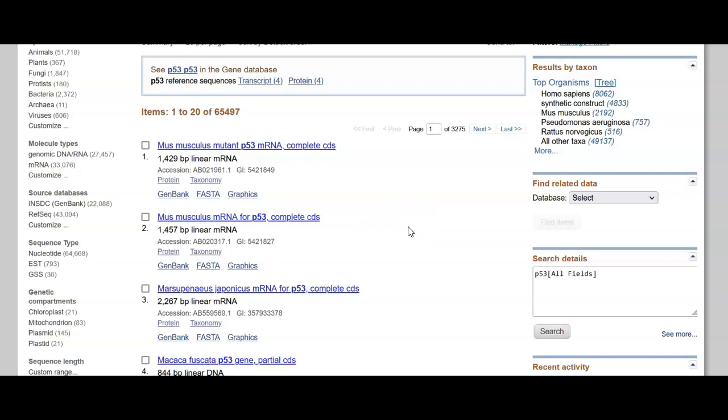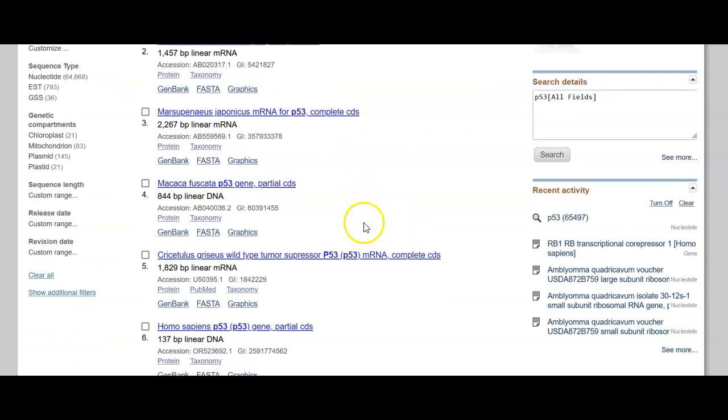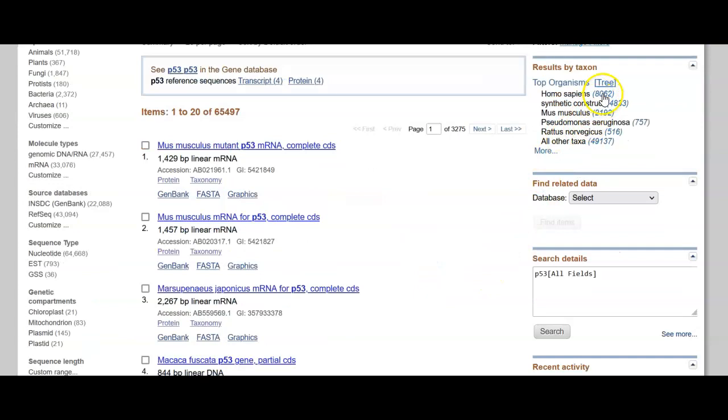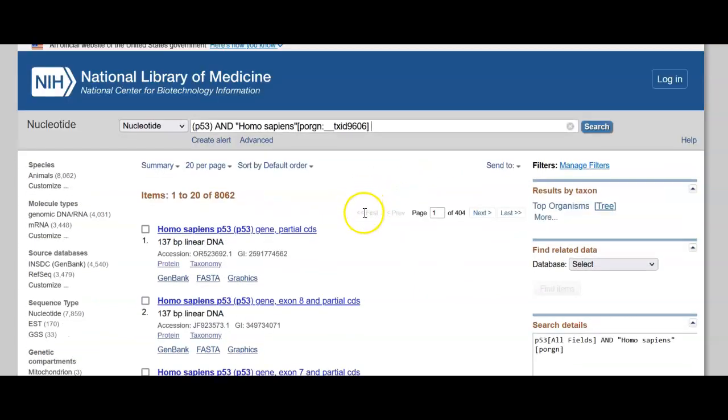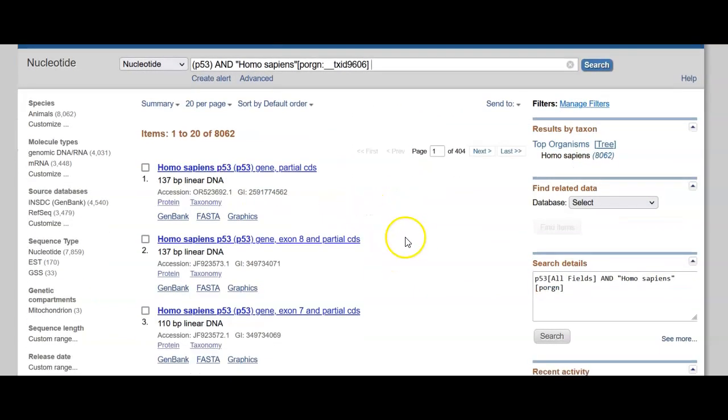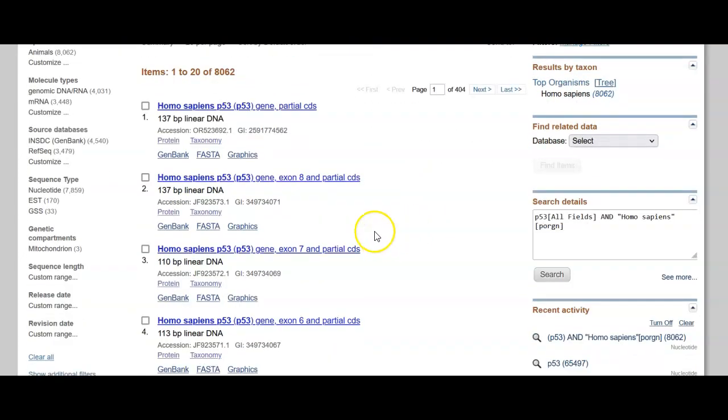And by the way, you'll notice that I didn't specify this to be human. So Mus musculus, that's a mouse. So that's their particular P53, a piece of mRNA, CDS, the coding sequence of it, and all kinds of stuff. And you can go ahead and just click Homo sapiens if you want to see the human. Here is human, and somebody just submitted one for exon 8, so let's just randomly grab that one and